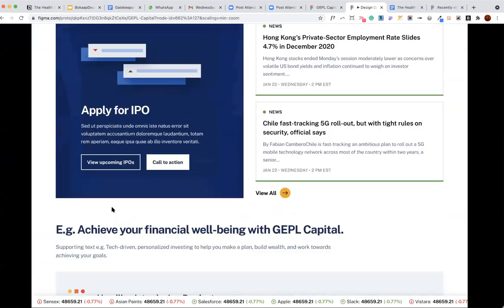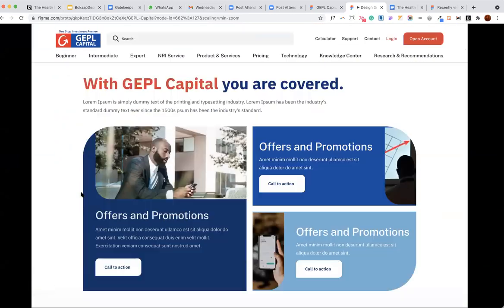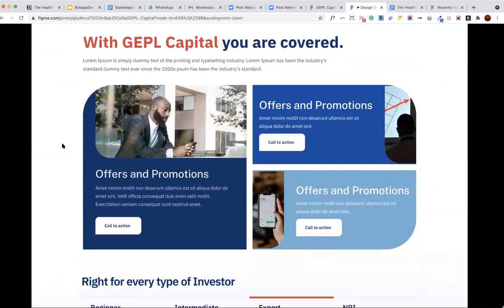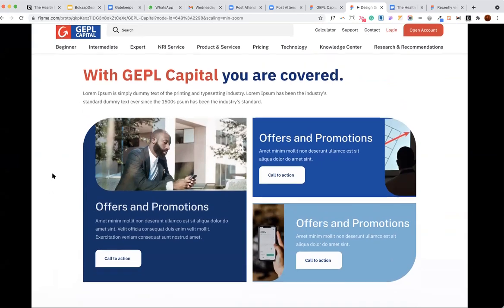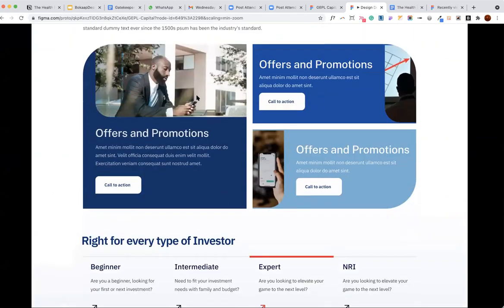So this was option 1. The second option, again, the structure is the same. It's just the look has changed. And these images are not final, right? Because these are not at all relevant. Okay. Because ultimately we don't even know what offer and promotion we'll be going live with, right? So you need to tell us that. Okay.